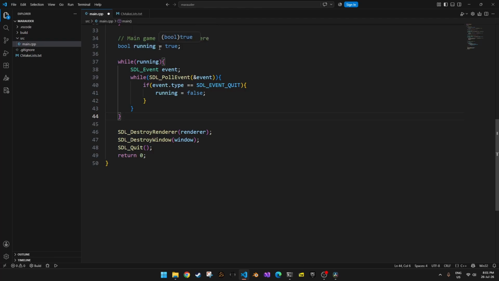Okay, the main game loop. It all hangs off this one boolean, running. I set it to true up front, and the outer while just keeps going for as long as that stays true. So this bool is basically the on switch for the whole game. The moment it flips to false, the loop ends and the program shuts down. Inside that loop,